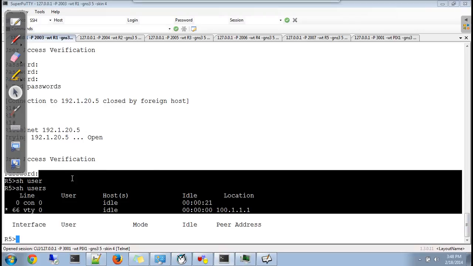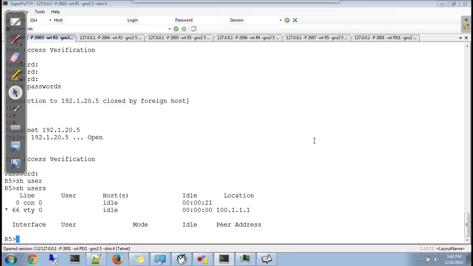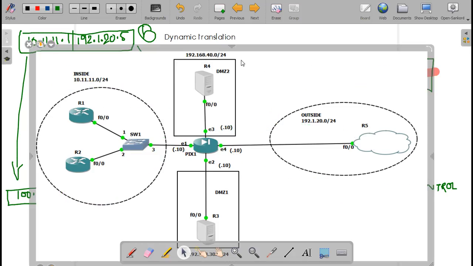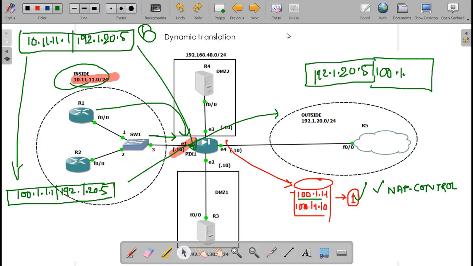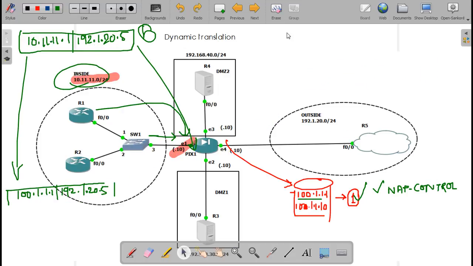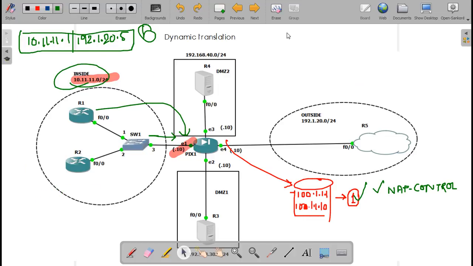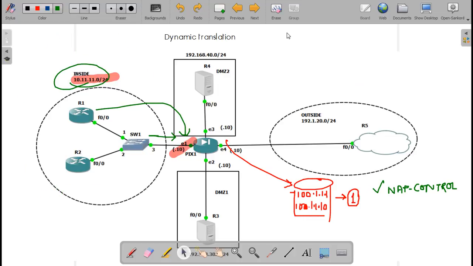Yep. So what we have done is right now we pinged from R1. Sorry, we terminated from R1. And we saw the packet status on R5 by showing user. So what we have done is from R1 we tried to telnet R5 which is on internet.